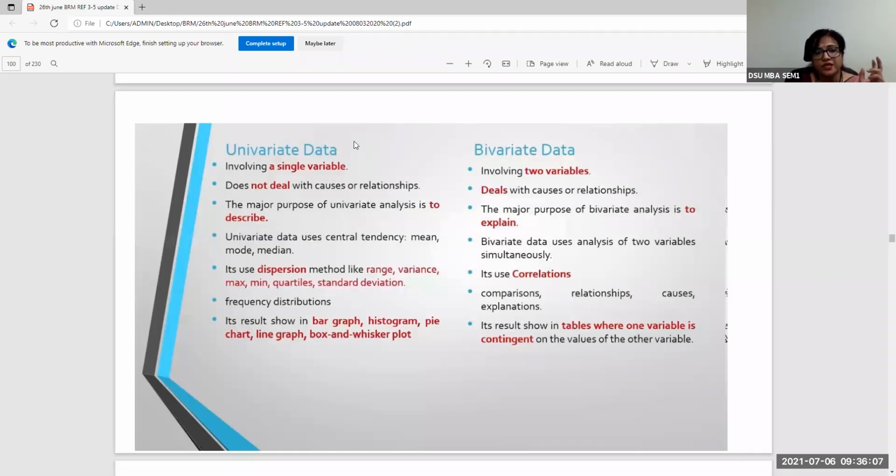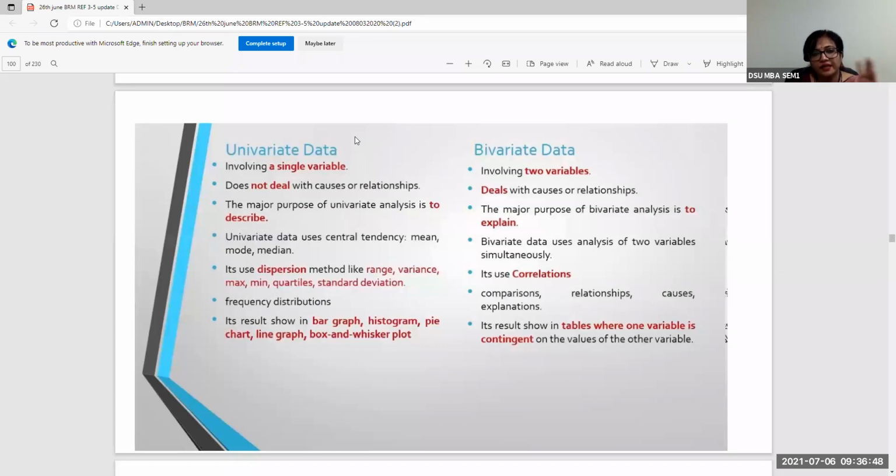The next thing you're seeing on the screen is to understand univariate data and bivariate data. Univariate means dealing with one variable. Bivariate would mean dealing with two variables. So basically data which involves a single variable is univariate data, and you're just analyzing the trends or the pattern in that particular variable. The maximum that you can do is, for example, if you're dealing with age, you can think about the average age, you can think about some dispersion in the age that has been collected, you can think about standard deviation. And the visual representation of such data would be bar graph, histograms, pie charts, line graph.